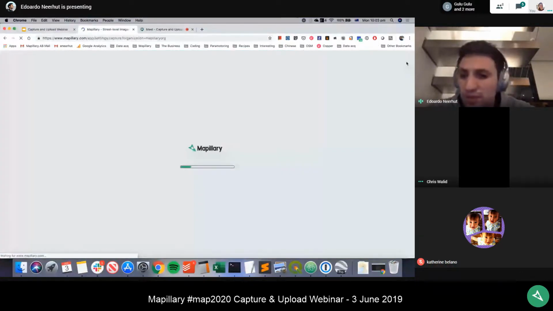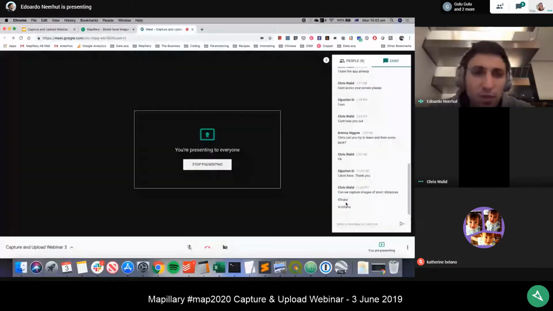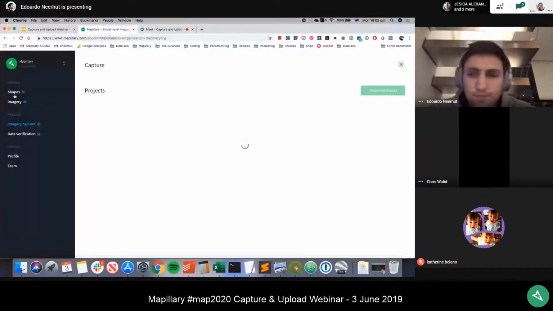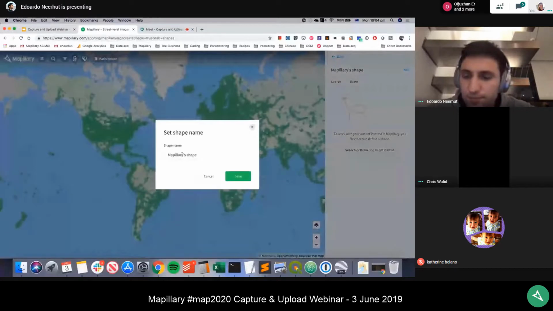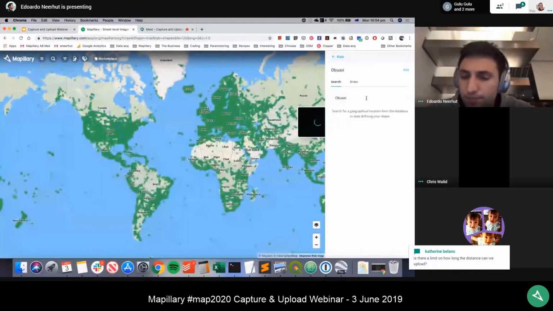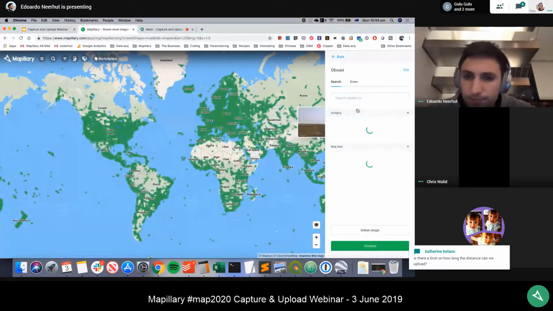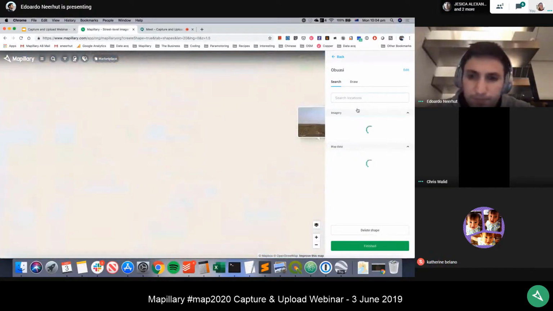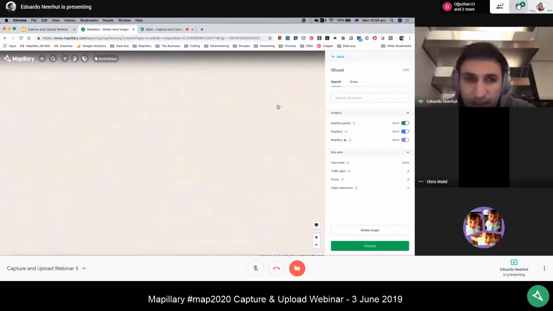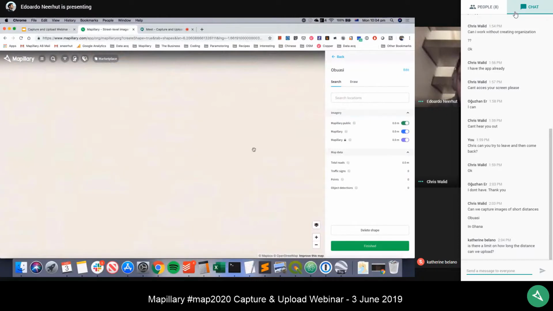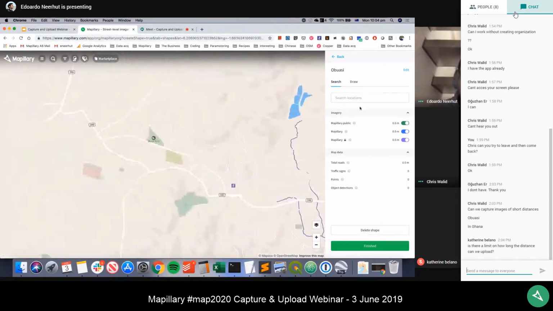We can get a sense of the length of the road network. So I'm just searching for your shape now, Chris. There's 0 imagery there currently, it looks like. Where are we? Well, that didn't work so well.